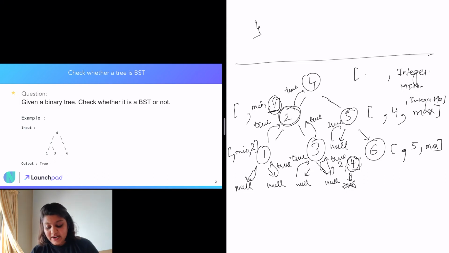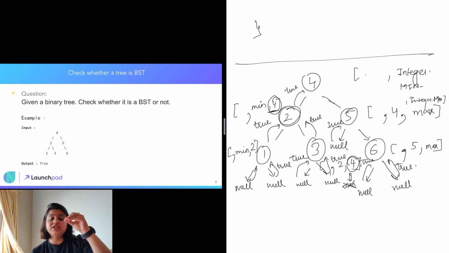At 6, it is not less than min and it is not greater than max. So we will go to its left subchild, which is null, so it will return true. Then we'll go to its right subchild, which is null, so it will return true. Now for 6, both the left subtree, the right subtree, and the node itself hold the constraint, so we are going to return true.